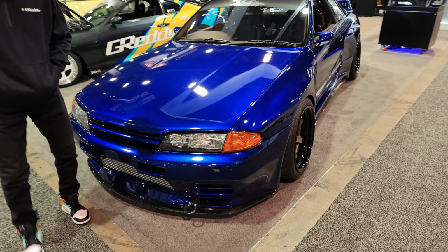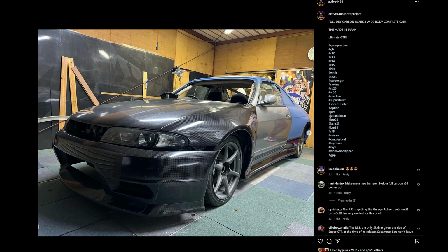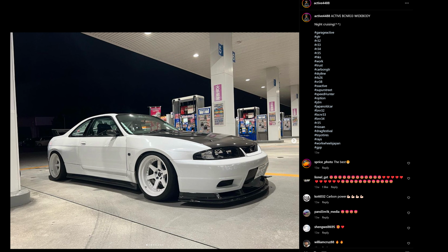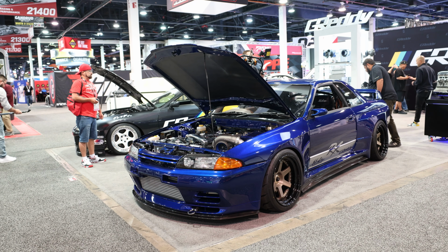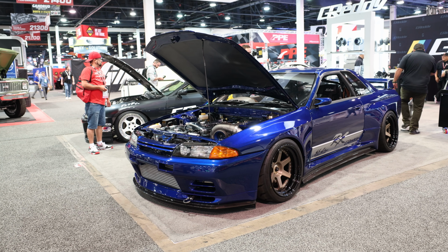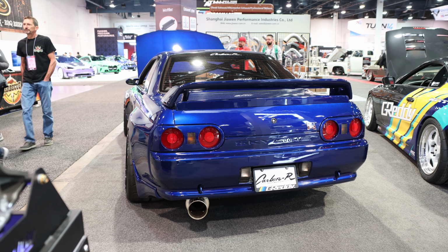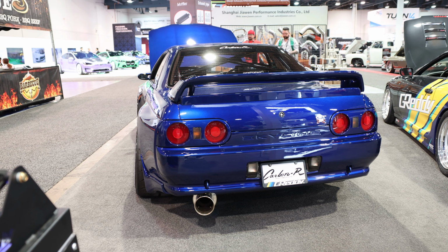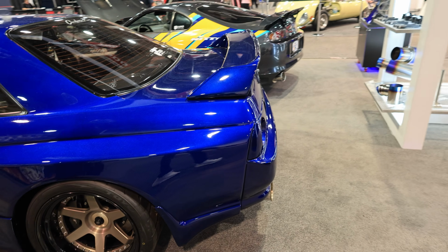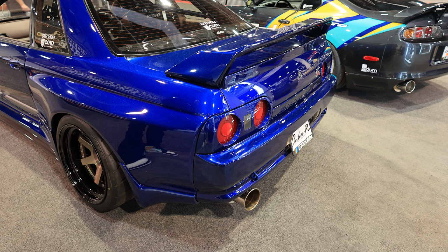I didn't really need to convince him. I think Toyo Tires already had the two R32s, two different cars, back to back, and I think they requested something other than 32, possibly 33. But since Sakamoto-san is still working on the 33, he still wanted to come out to SEMA, but the 32 was like the only option at the moment for a dry carbon setup. So we started talking pretty much towards the end of last year, not too long after SEMA, that maybe we could do a collab booth, since we're going to be distributing Garage Active products, stocking, and we could have your